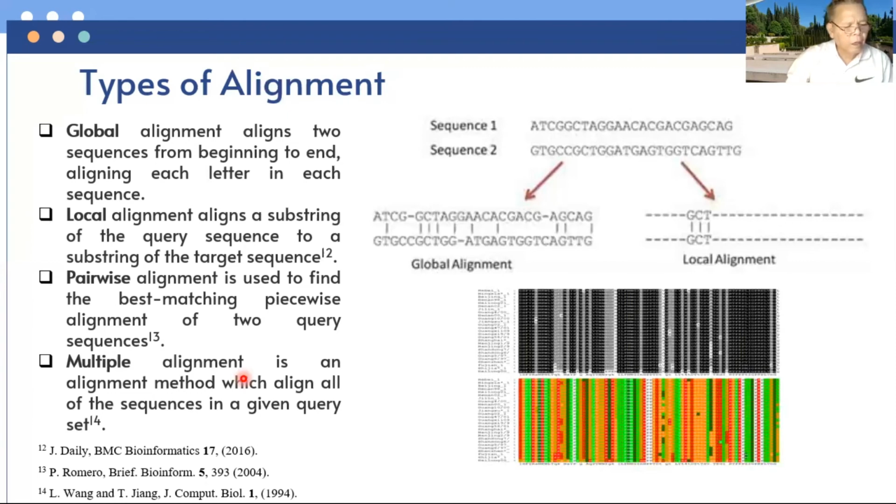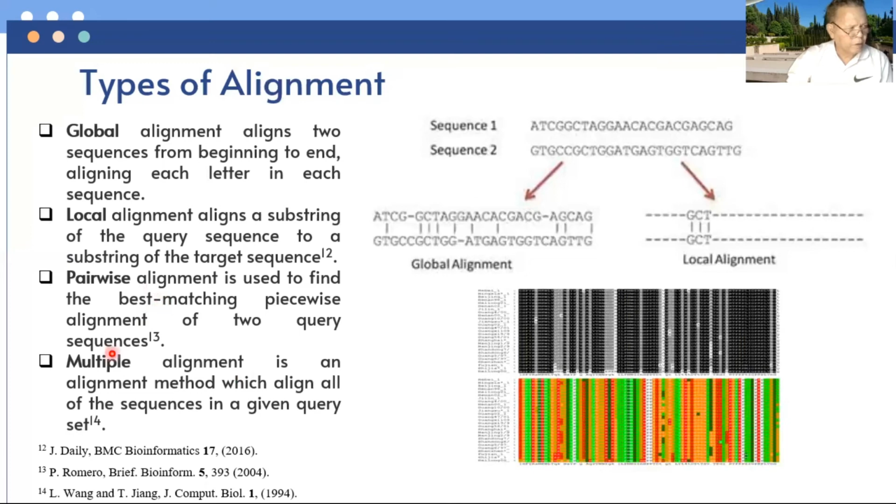Local alignment is a substring of the query sequence aligned to a substring of the target sequence. Pairwise alignment is used to find the best matching piecewise alignment of two query sequences.